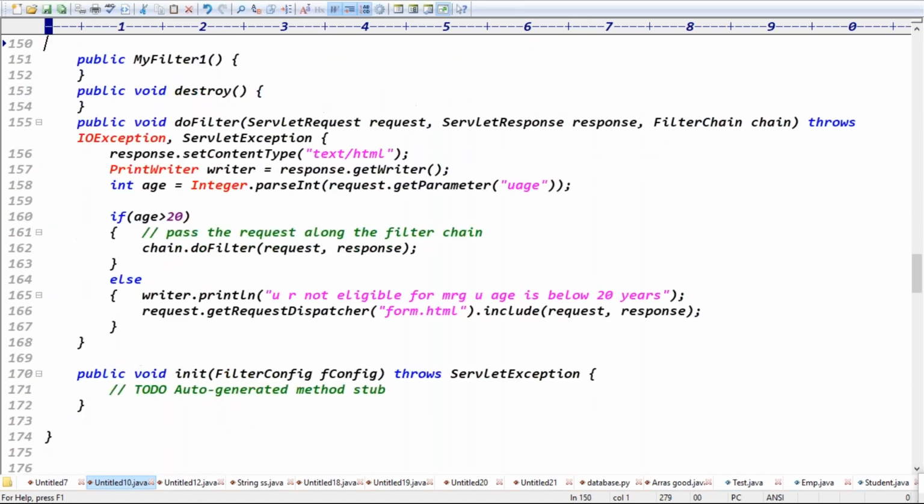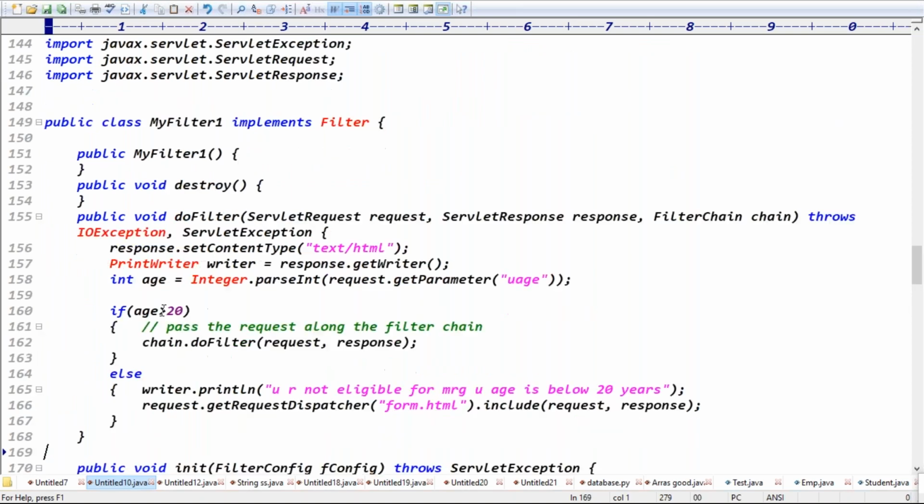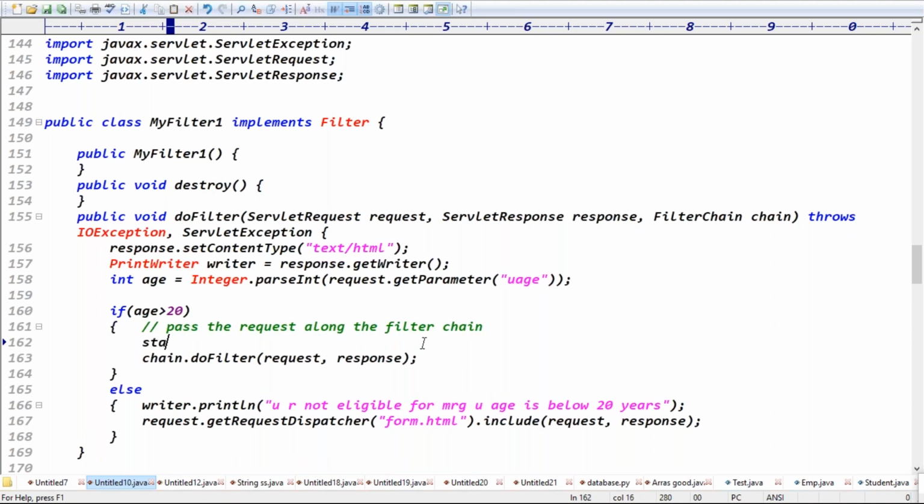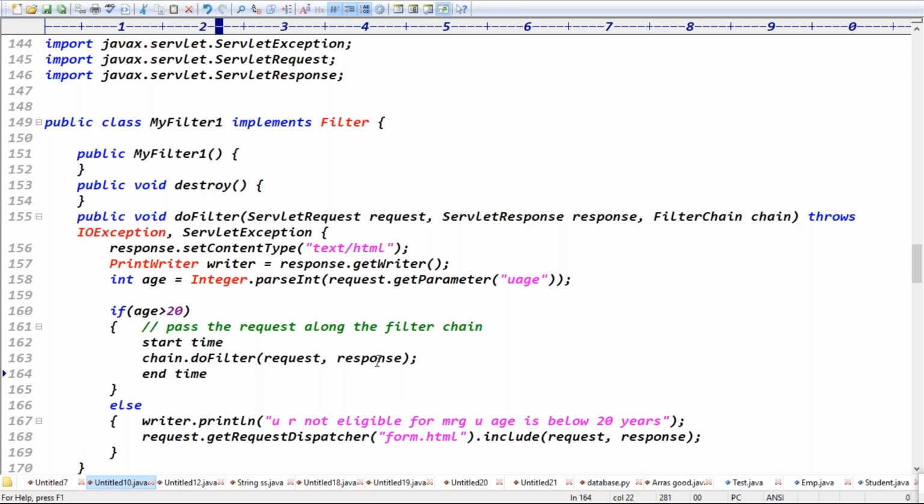Actually, in filter one, the request goes, right? Filter one, the request goes means what? This is the filter chain. It is forwarding the request to the next filter, right? When the response comes back here, you can write the start time. When the response comes back from the filter, here we have to calculate the end time. This is very, very important, right? It is forwarded to the next filter, right? When the response comes back from the filter, whichever code is executed after doFilter, the code you have written, this is where the end time will be calculated.